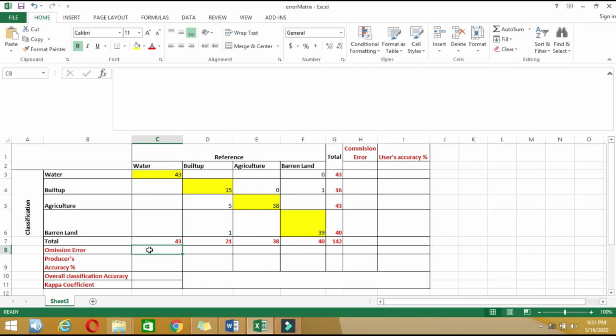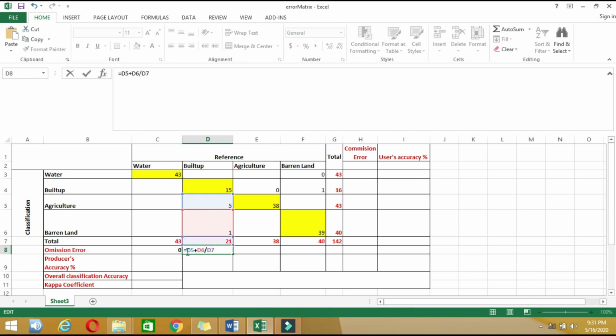So what we have to do is basically add, so it's 0, then we have to divide it by the total of the reference class. So it's 0. Then in the build-up case, we have 5 plus 1. These are basically omitted from the class. So we have to divide it by the total number of reference sites.